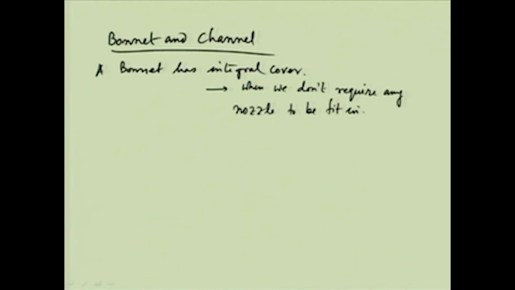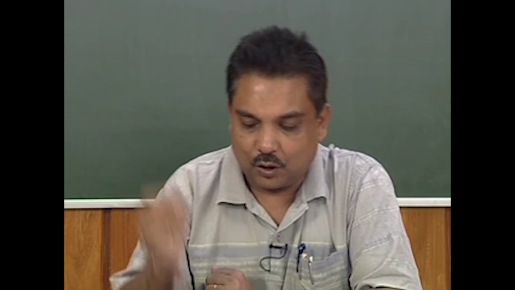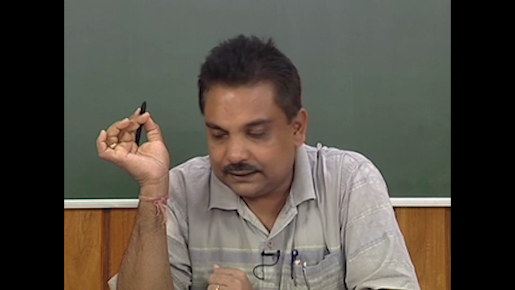If we look again, this part is called the bonnet, here this is called a bonnet, and there is no further nozzle added to it. So it is an integral part of the enclosure, and there is no nozzle attached,